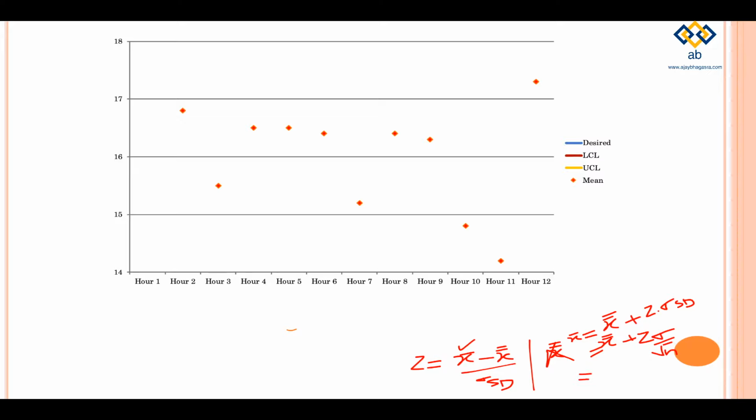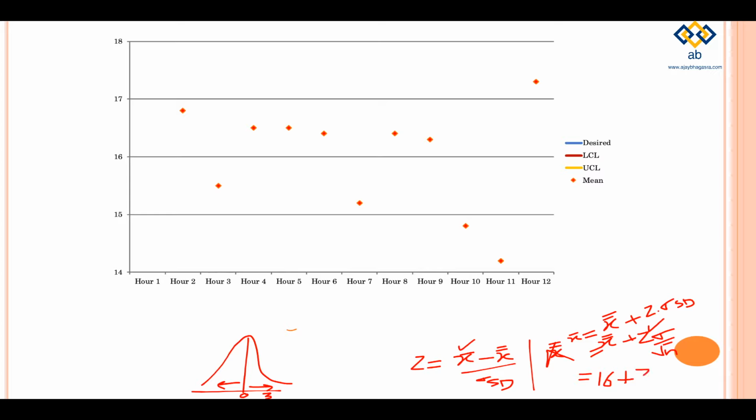In the Excel sheet we were calling it 16. We want every packet to weigh 16 grams. A while ago we looked at it. Then plus. Now what is the value of Z? Look, we are only taking the plus sign. If you recall this normal curve, this is the center, and when we go towards this side we call it plus, and when we go this side we call it minus. From here the value of Z was 0, and here the value of Z was 3 in 6 sigma. Because we are talking of plus, we will put the value of Z as 3